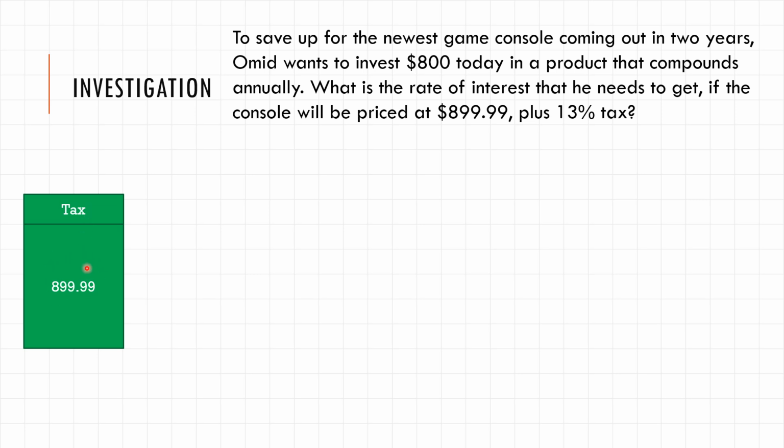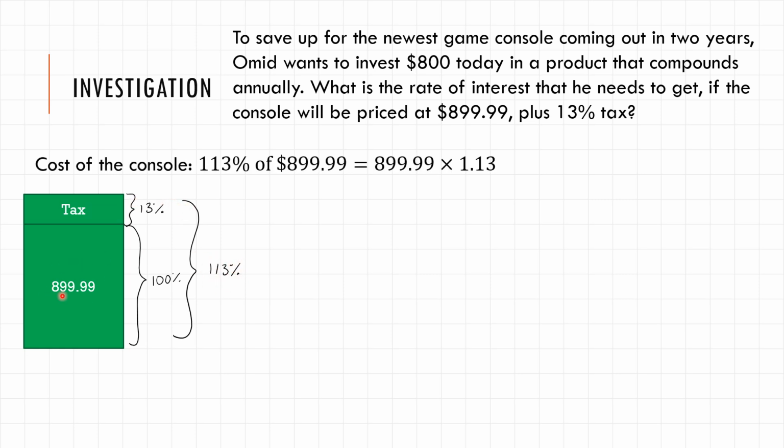So how can I represent the tax in this? Well, this is in some ways 100% of the base cost. And the tax is an extra 13% on top of that. So in total, I've got to pay 113% of whatever 899.99 is right there. That's the base cost, whatever the base cost is. And so to do that, I take 113%, that's 1.13 as a decimal, and I multiply by 899.99,